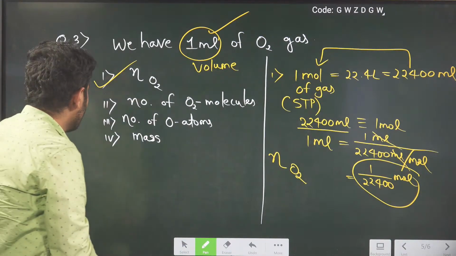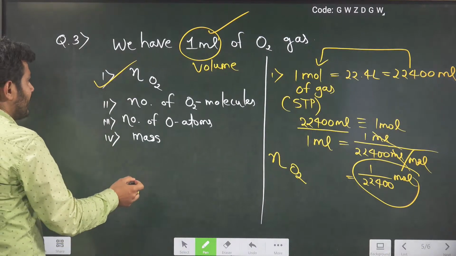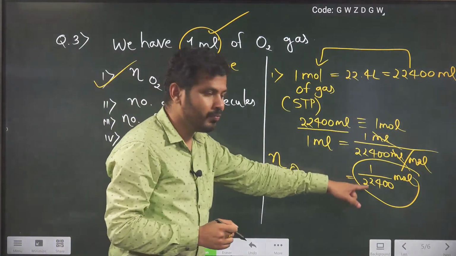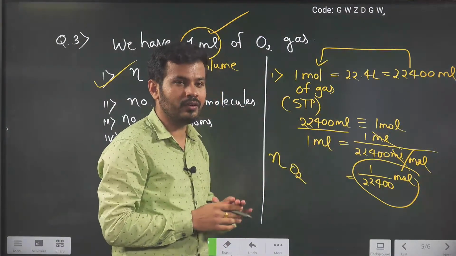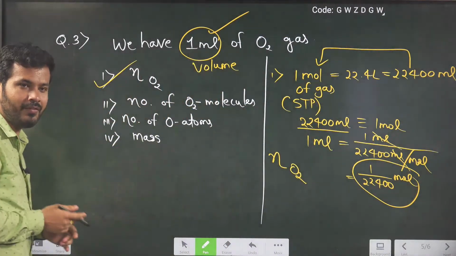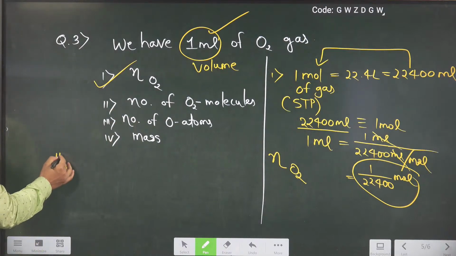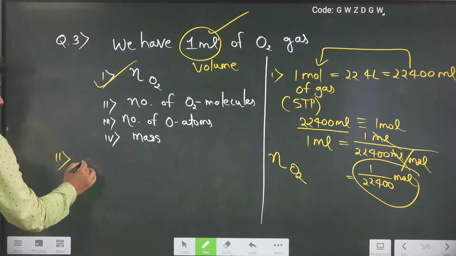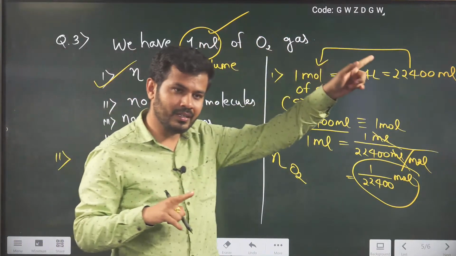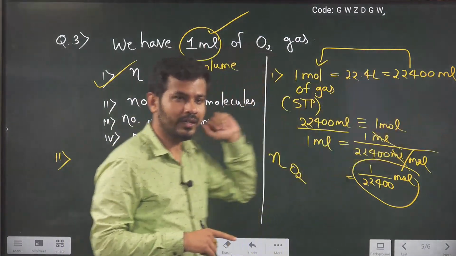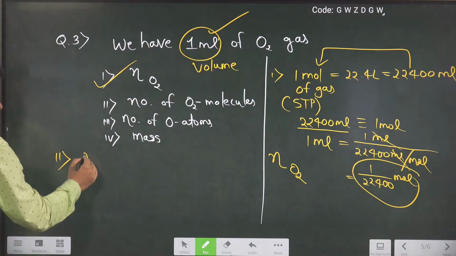Now the next part we will be calculating, the second part, which is the number of O2 molecules. So guys, when we have the number of moles, how do we calculate the number of molecules? Just multiply by Avogadro number. Very good. According to the Y map, we know that 1 mole is Avogadro number of particles. So these many moles, this into Avogadro number, right? So that way we can say the number of